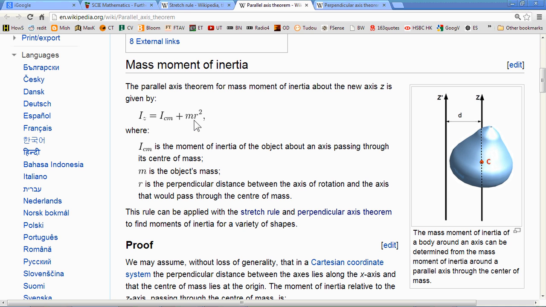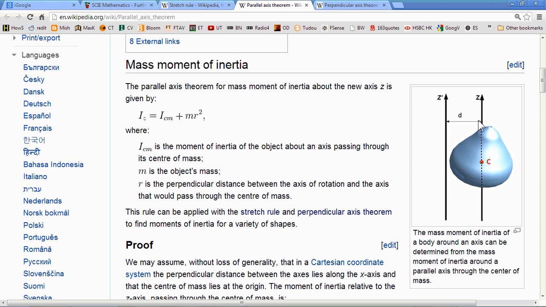That's actually quite a good way to write it, because what that's saying is that if we know I_CM, which is the moment of inertia of the object about an axis passing through its center of mass, very important, do not forget, the parallel axis theorem can only be applied if the starting moment of inertia is the one through the center of mass, as in the diagram here. C is the center of mass. So if we have the I through this axis Z